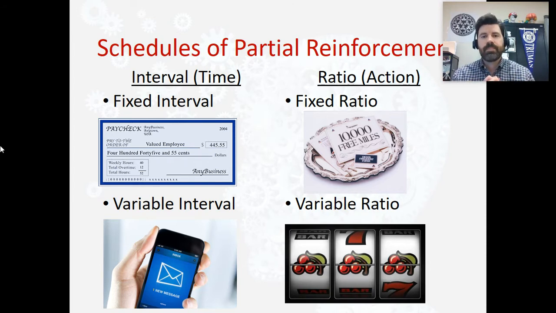So think of it this way. An hourly paycheck, you are paid the same amount every single time, is what we call a fixed interval, because it's based off of time and it's always consistent. If you want $100 and you get paid $10 an hour, you got to work 10 hours. If you are still being reinforced off of time, but it's random, we would call that variable interval. It's not a very great way to reinforce someone. You would not want to work for a company where they pay you maybe on Wednesday of this week and then Saturday next week, and then 3 weeks go by without a paycheck, and then you get 3 paychecks in a row. That would be awful.